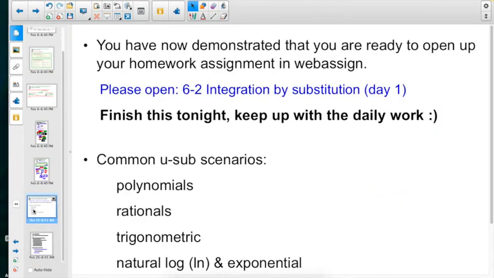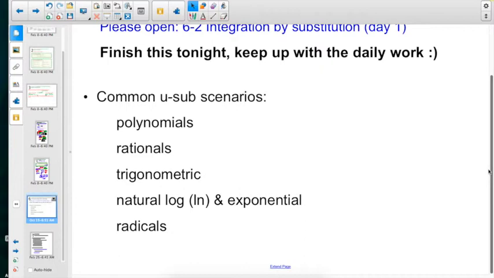We're talking about a polynomial, where we had x cubed plus 1 and 3x squared as the derivative. Any type of fraction, like our sine over our cosine, some trig stuff, some exponential and natural log, and some radicals, square roots and cube roots and stuff like that. That's really what the categories fall into for a u-sub, those 5 categories. Okay? So any questions about